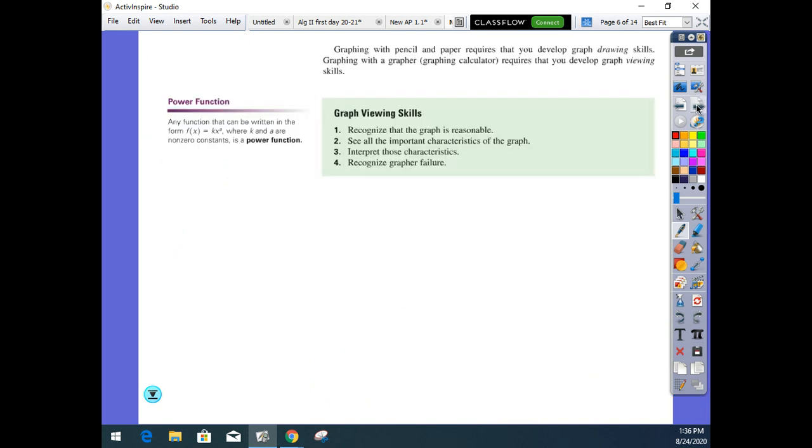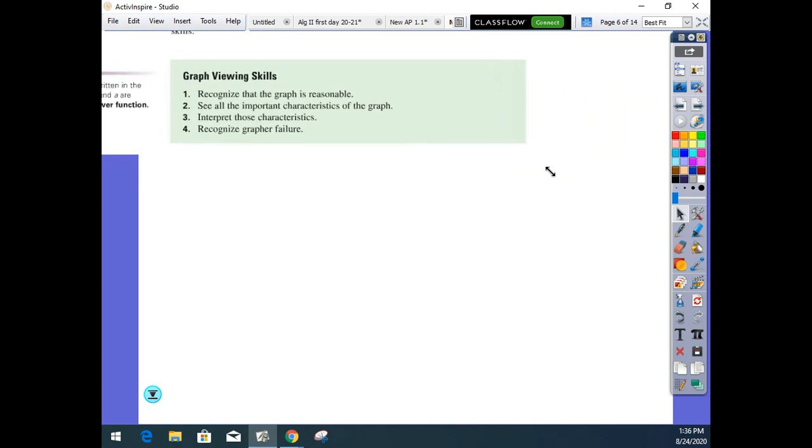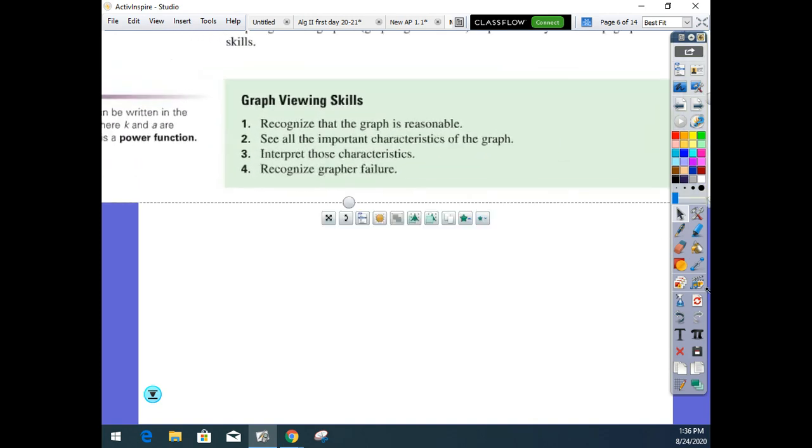Okay, talking about your graphing calculator, the graph viewing skills. There are 4 things you need to be able to do. When you put a graph into your graphing calculator, you need to be able to recognize that a graph is reasonable. That means you better know your basic graphs, parabolas, circles, lines, stuff like that,